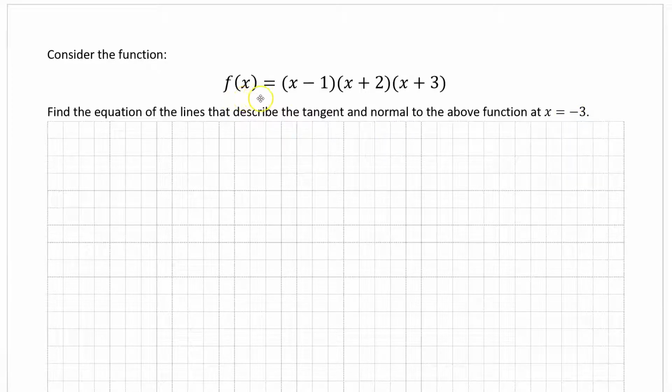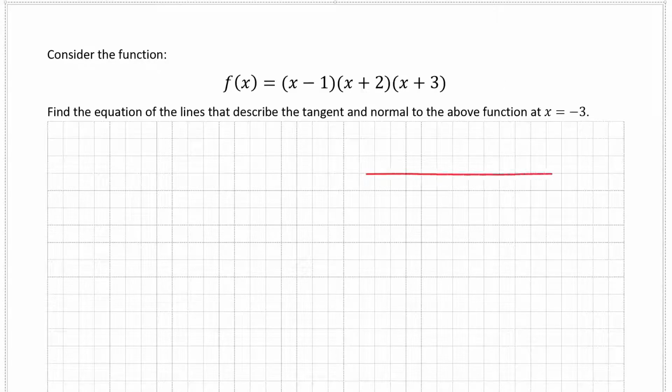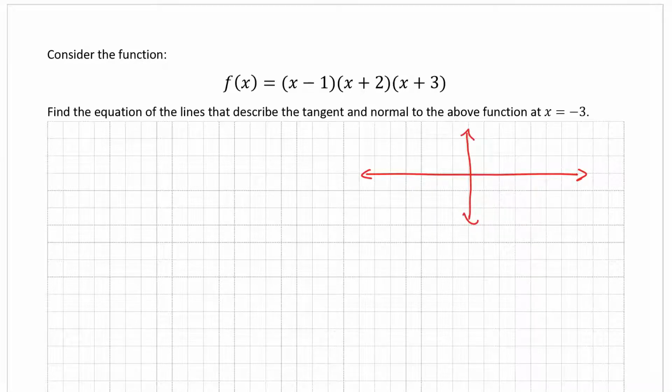So the function at hand is f of x equals x minus 1 times x plus 2 times x plus 3. So in the last video we looked at a quadratic. In this video we're looking at a third order function. Now to have a look at what we're trying to achieve today, if we were to graph this function, what we'd find is this function would look something like that, where the point we're looking at is x equals -3, and so we're looking at the